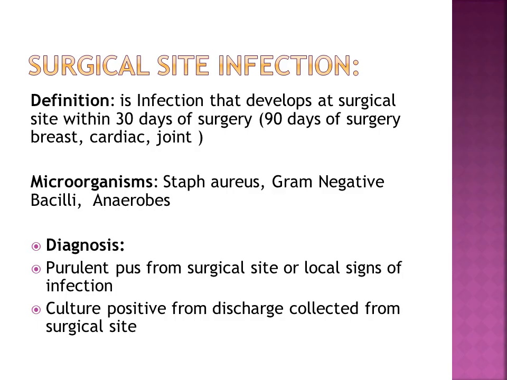So it is an infection that develops at the surgical site within 30 days of surgery, or 90 days of surgery of breast, cardiac or joint. The microorganisms most commonly isolated are Staphylococcus aureus, gram-negative bacilli and anaerobes. The diagnosis is purulent pus from the surgical site or local signs of infection, and culture positive from discharge collected